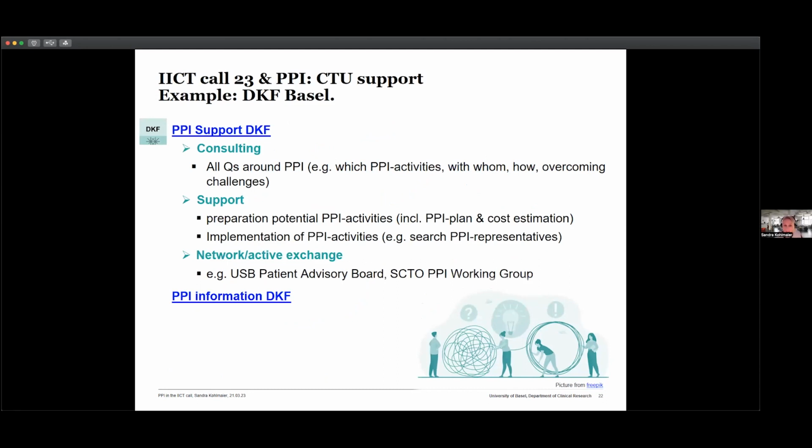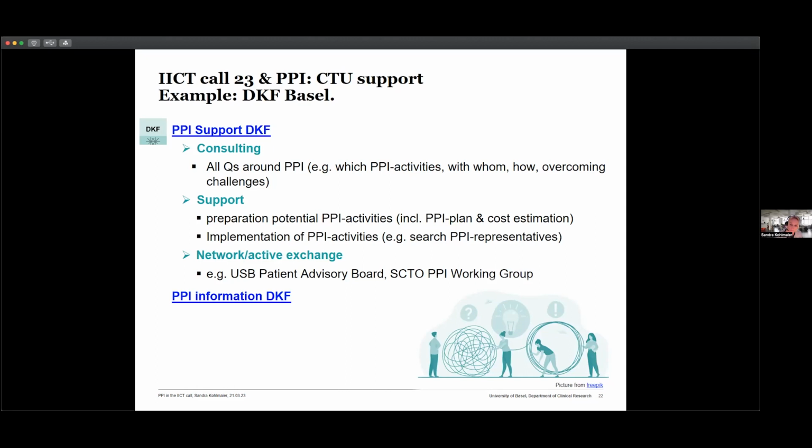So if you have any question regarding PPI, for example, where can I find PPI contributors, or what kind of contributors should I integrate into my PPI activities, or how can I overcome some challenges which I have, or any questions, you can come and see us for a consulting. Or we can also support you if you think it might be helpful if we review your PPI plan or the cost estimation,